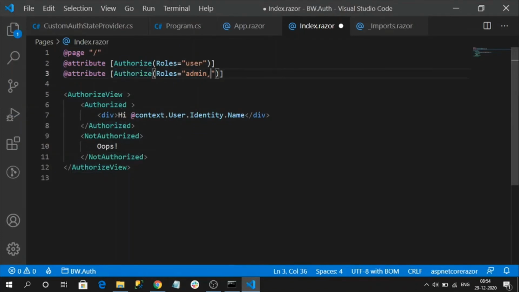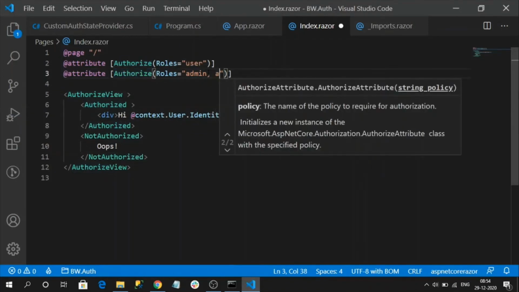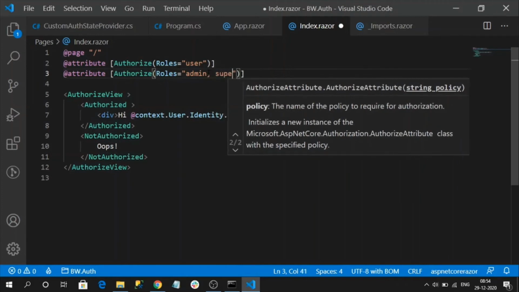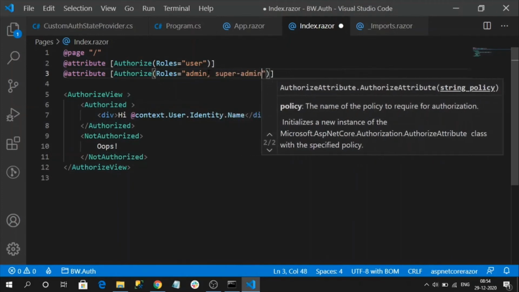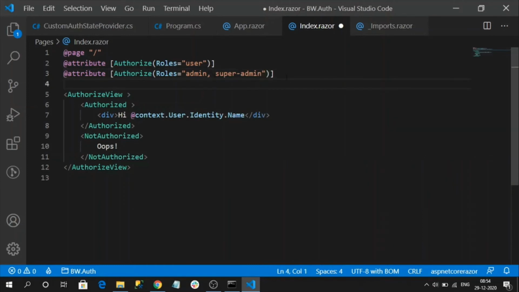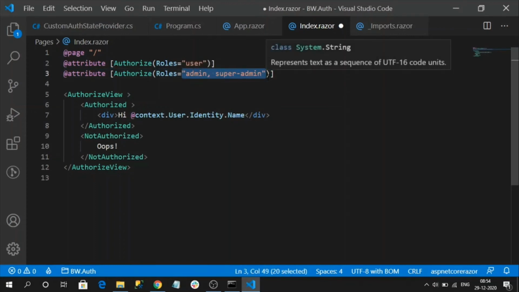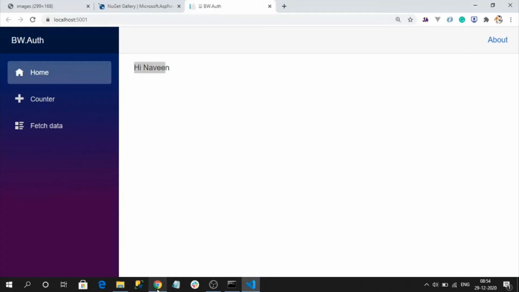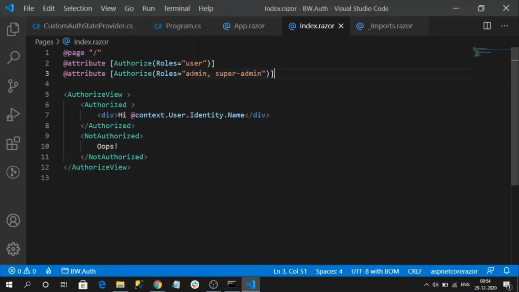Here also you can have multiple comma separated roles, like super admin. We can still access because in the second authorized attribute I should have at least one of its roles. If I reload, I will see the authorized content only, because in the second authorized attribute I have admin.